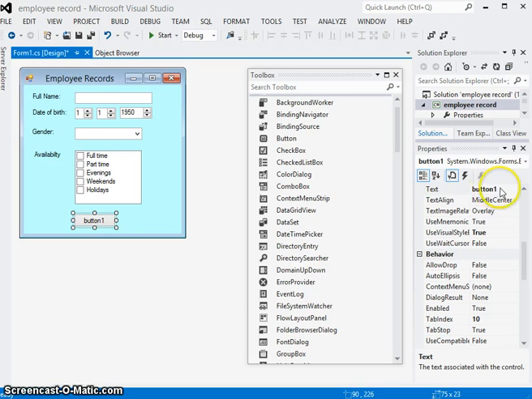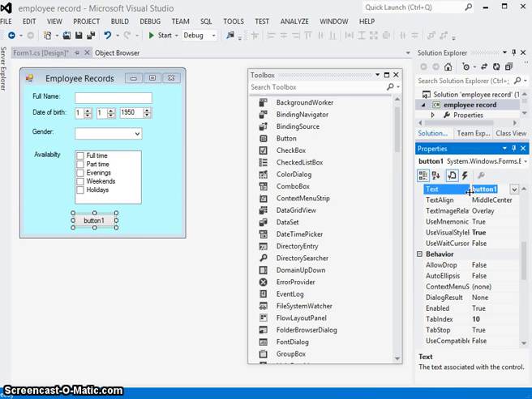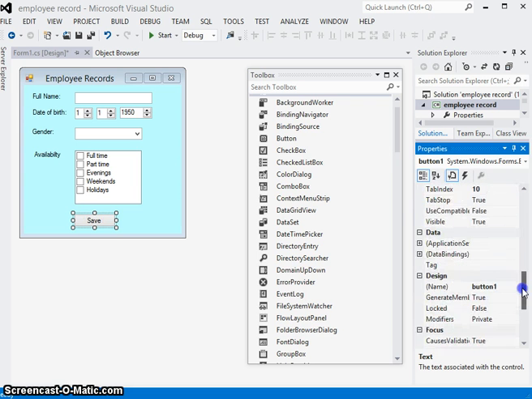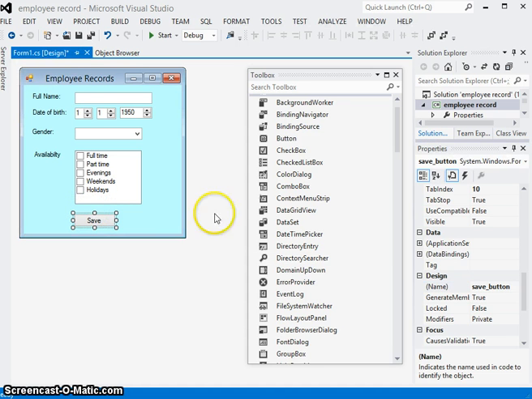And last but not least, you want a button to add all this data. So we call the button save, and name it save button, which later on you can program it to do whatever it is you want it to do. So to see this in action, you go to start,